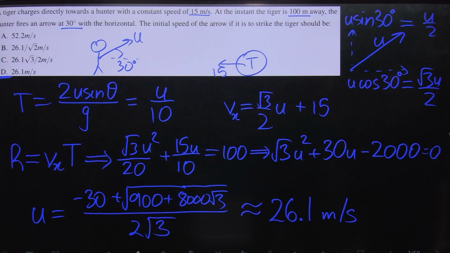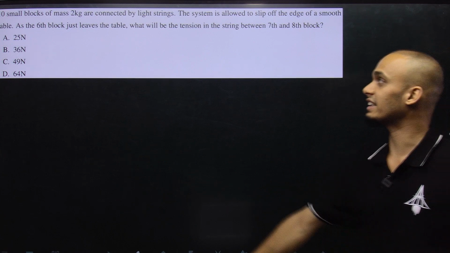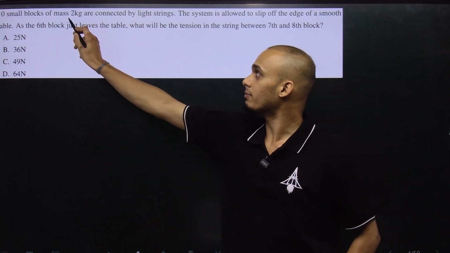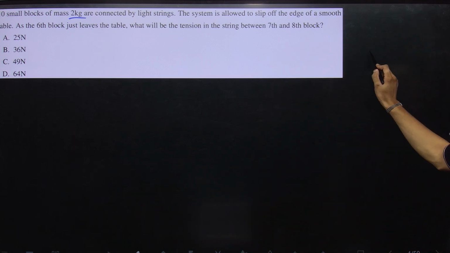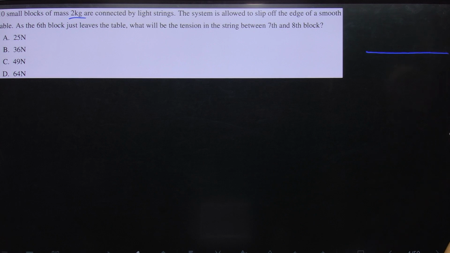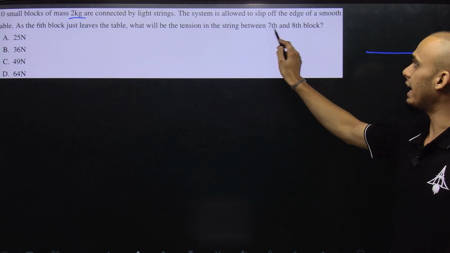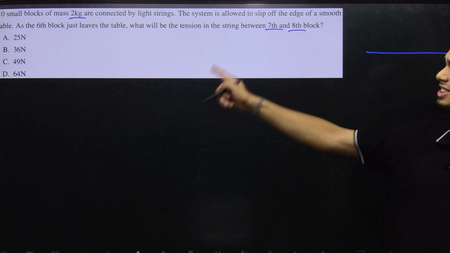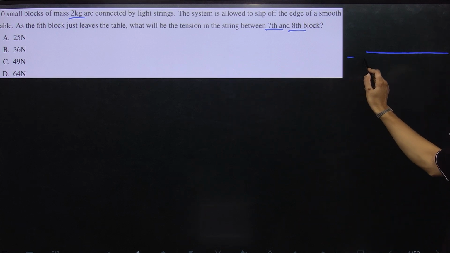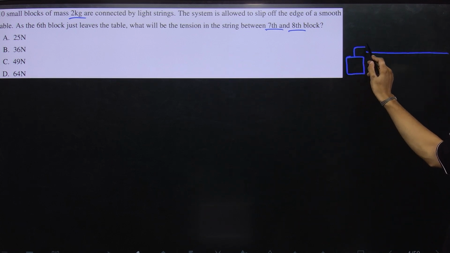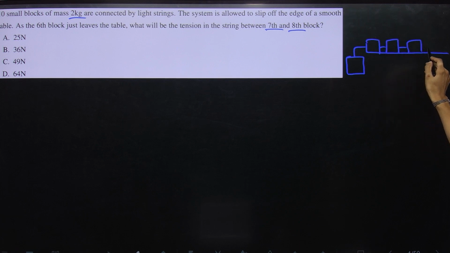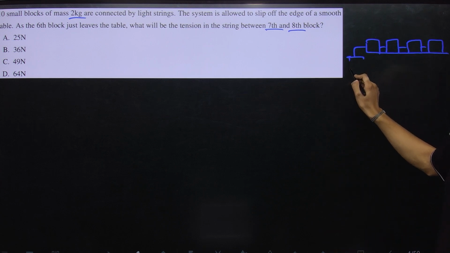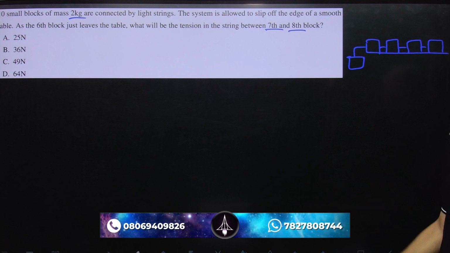Let's take a look at the next question. Here it is given that 10 blocks, each having mass 2 kg, are let go from a table, that is, they start sliding down, and we need to calculate the tension in the 7th and 8th block when the 6th block just slides off. So let us draw the 6th block sliding off, and the 7th block, 8th block, 9th block, and 10th block will be connected as such, and all of the other 6 blocks will be hanging